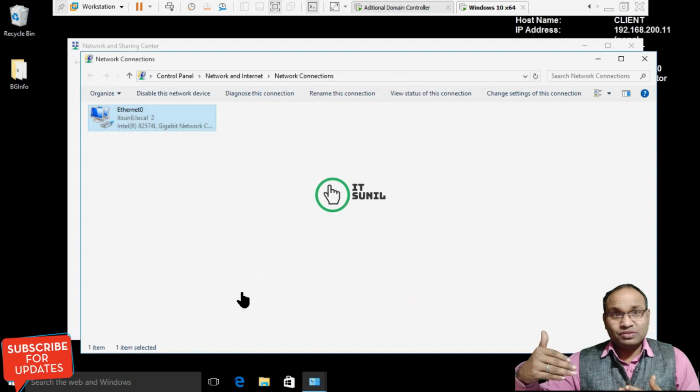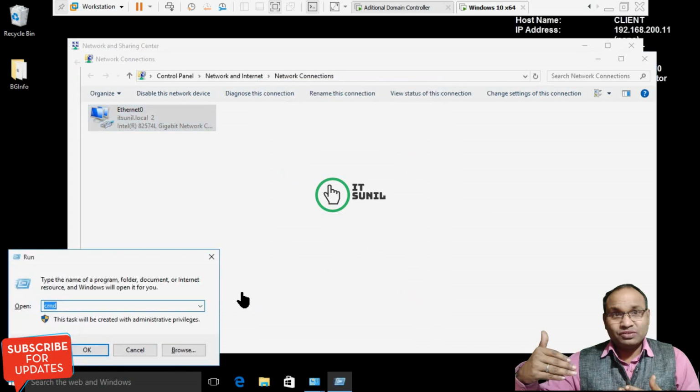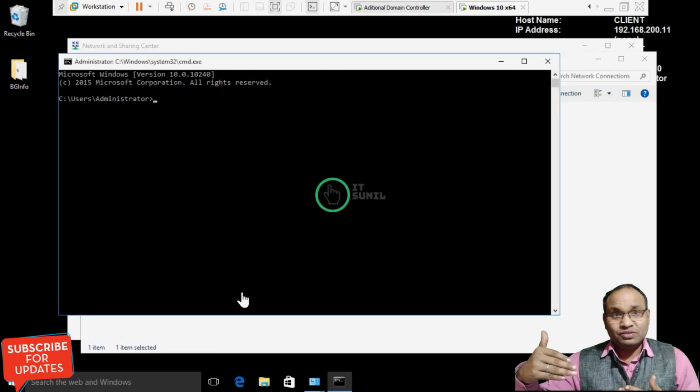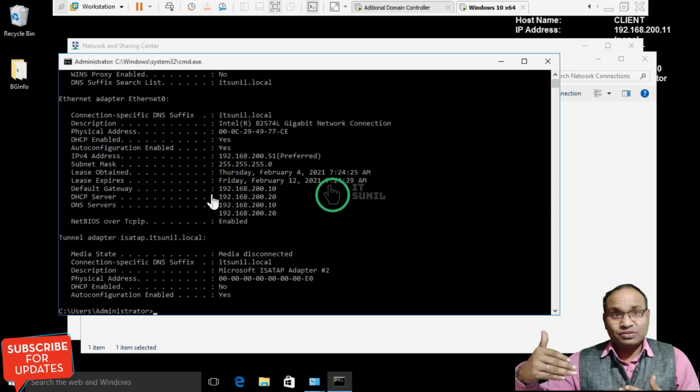So my DHCP failover option is working fine. In CMD, let's check ipconfig. Now you can check here, my DHCP server's address is 192.168.200.20. This belongs to my secondary DHCP server.